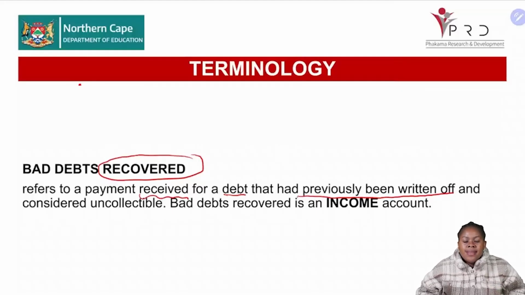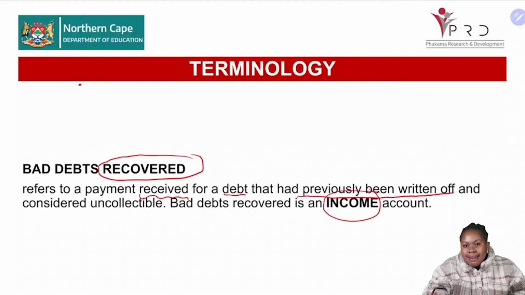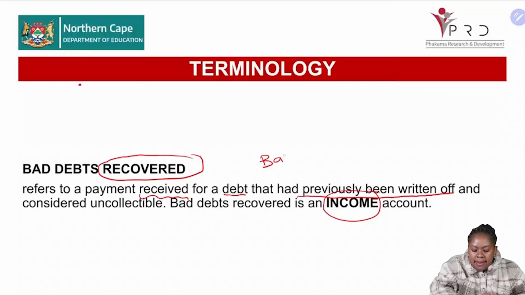Were we anticipating that payment? No. However, they paid us, and therefore we will record it under the income section because that is an income that we are receiving. So what are the accounts affected there? There will be two accounts. It will be the bank because we are receiving the money, and it will be what? It will be the bad debts